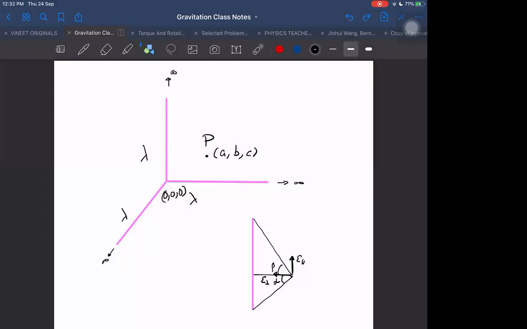Would you like to give it a try, or do you want me to do it? Okay. Wait a second. Let us call x the first, y the second, and z the third. Tell me for the first one. What will be the perpendicular distance of this point up to the first rod? B, sir. B. How can it be B? I really don't understand how you are even getting that logic.